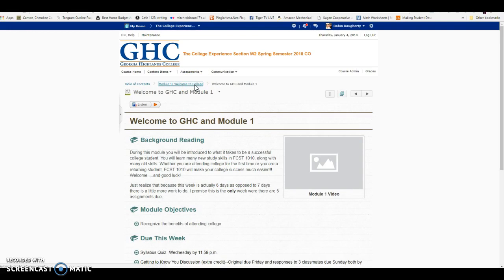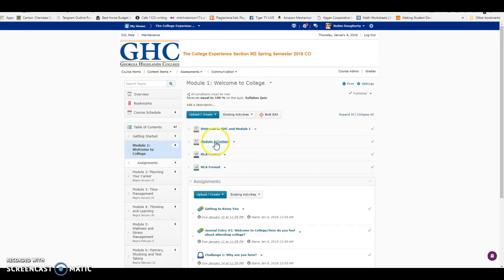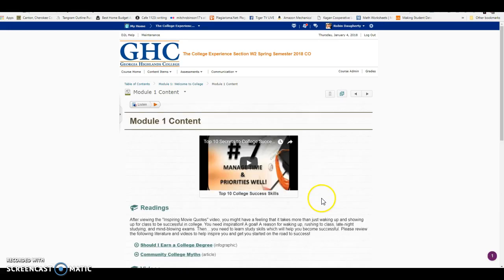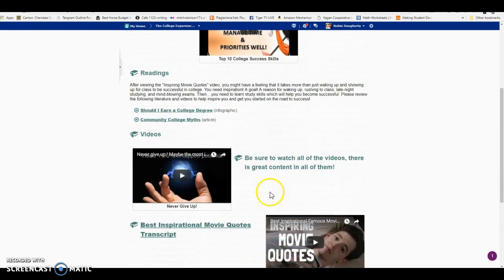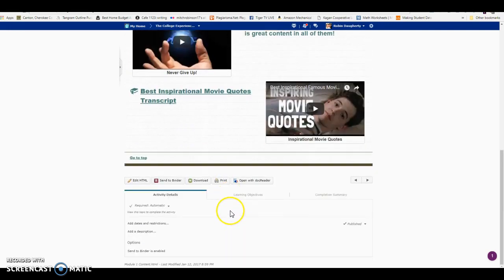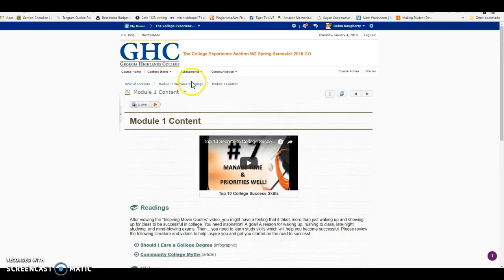And then when you're ready to jump into the content, you'll just go to Module 1 content. And it'll go through everything that you need to do this week. So you'll want to read these. You'll want to talk about managing your time and your priorities and why college is important. And then you'll have to go through, and then you'll have to do your assignments. So if you go back to Module 1,